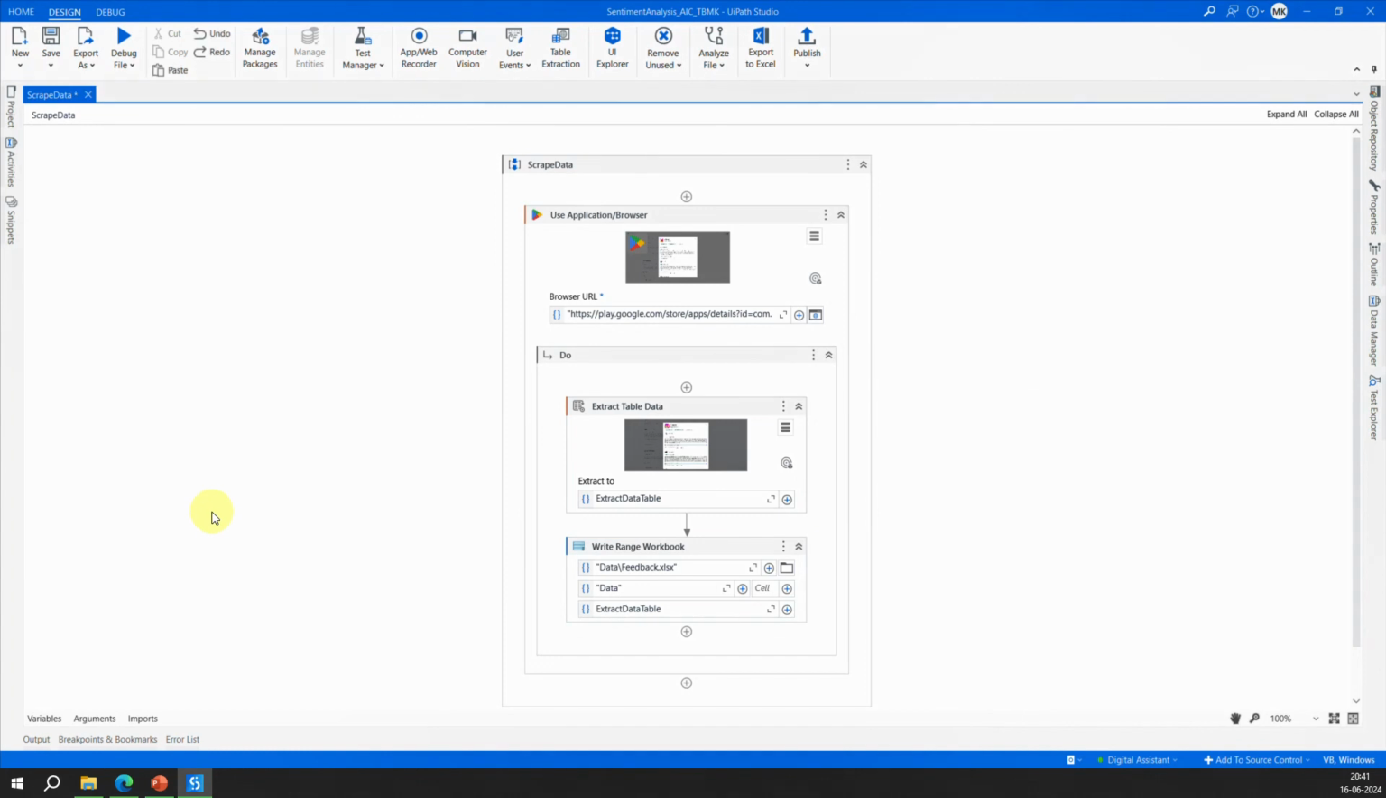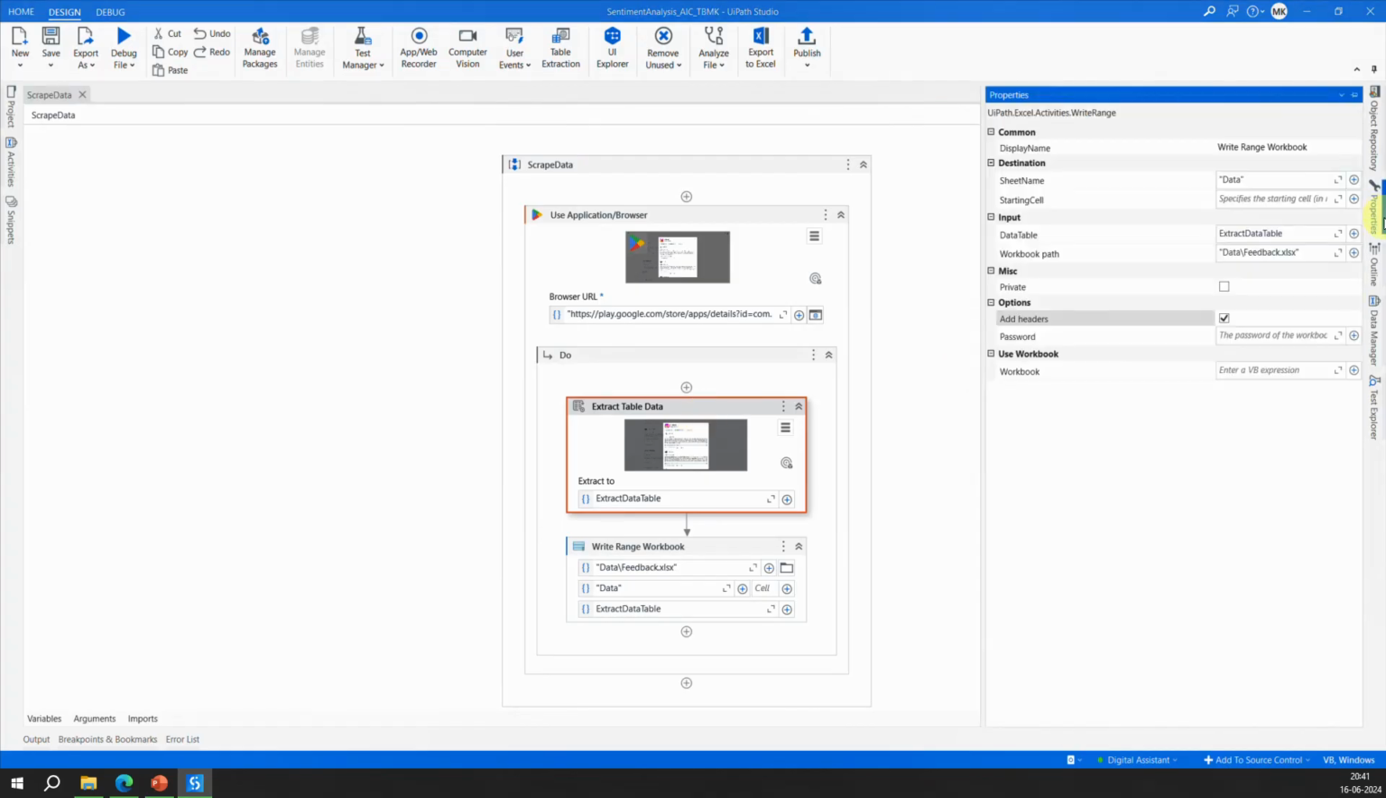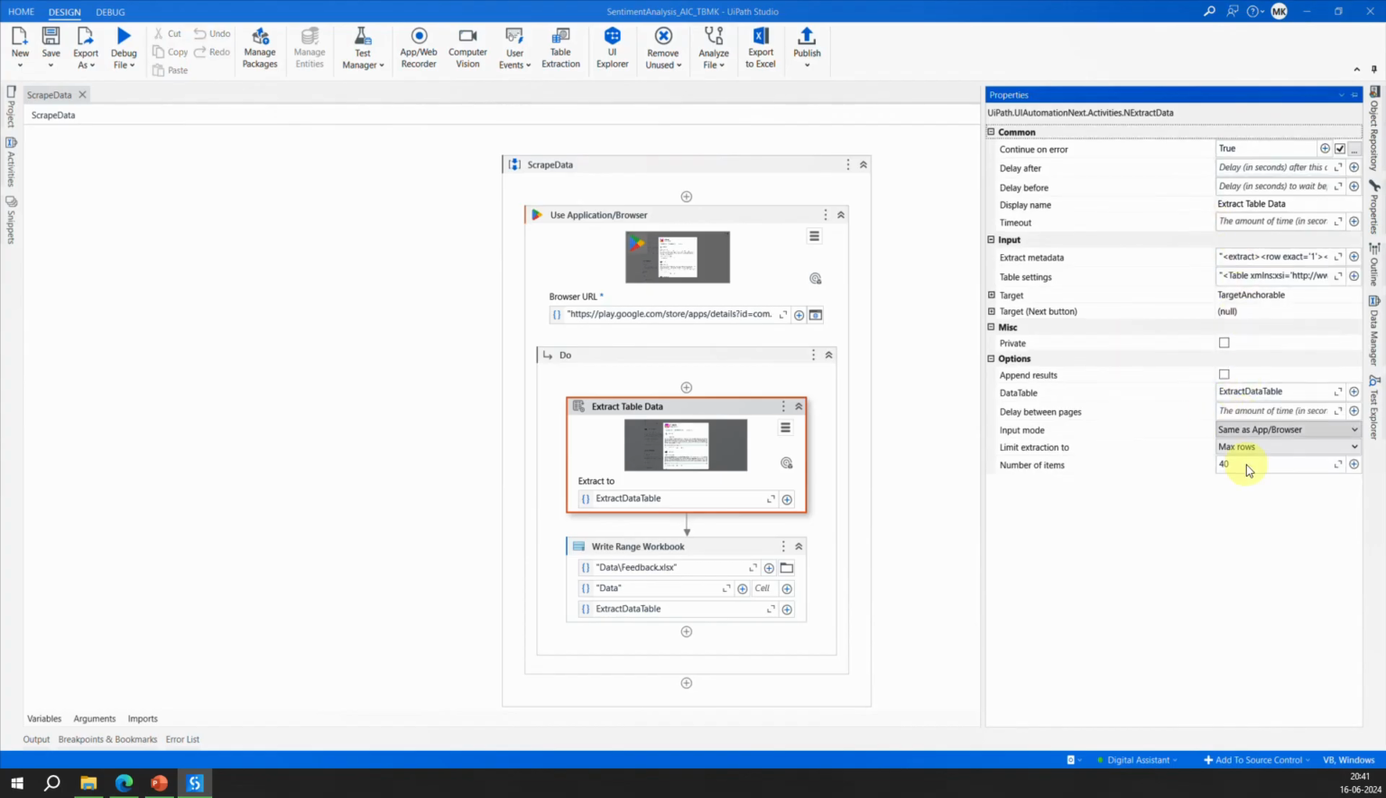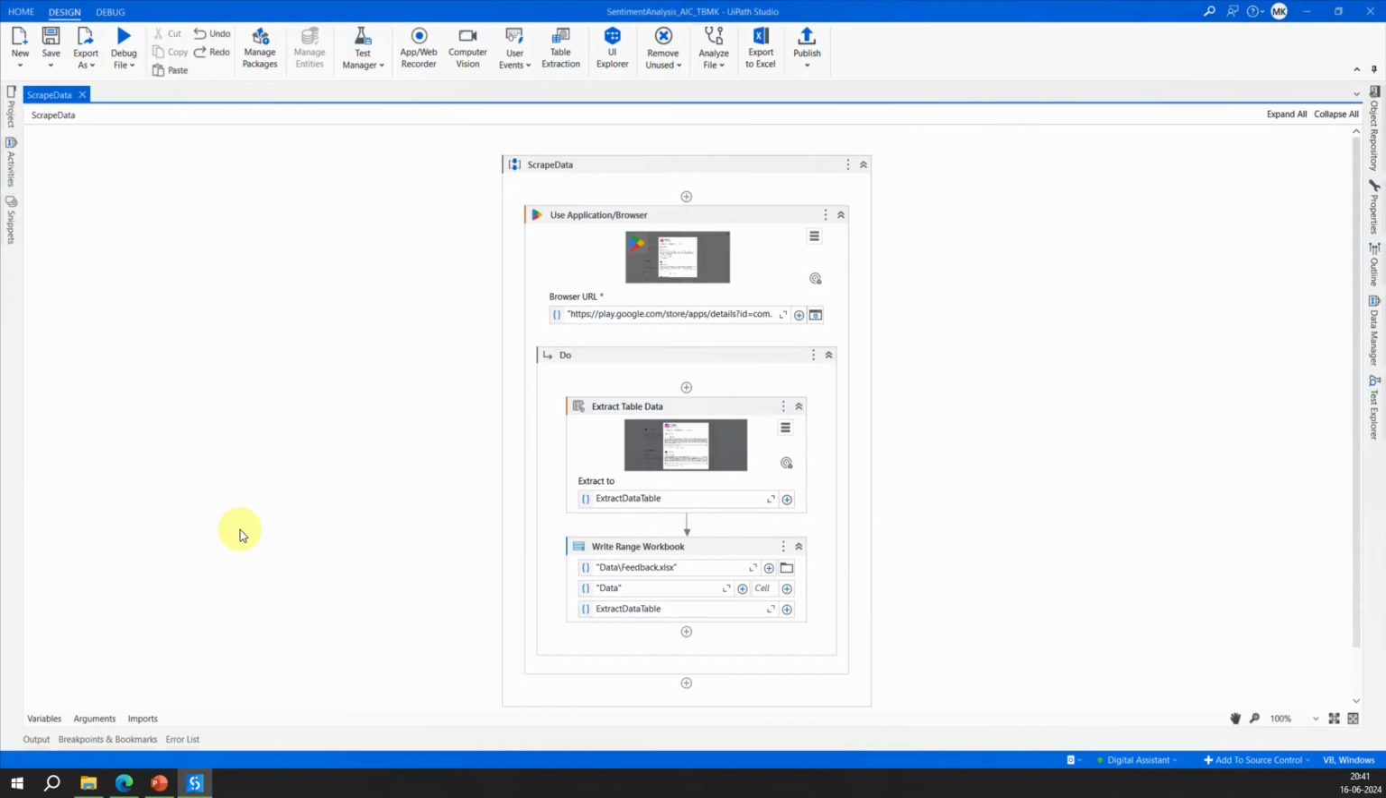Now a quick thing which I wanted to tell you guys is that whatever configuration you have done in the extract wizard, you have an option to edit those in the properties as well, right? This 40 max rows, it's not like that you have configured it so you cannot change it. All of that is still customizable for you here. Okay, and that completes the scrape data workflow, which will simply go scrape the data and put it into our data